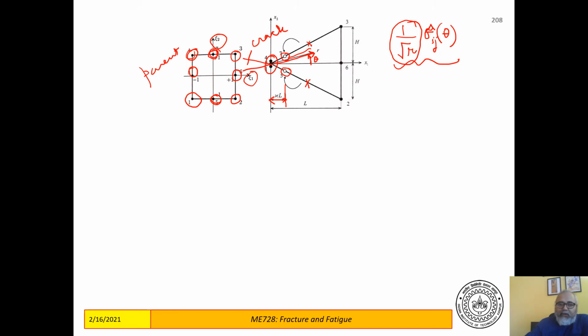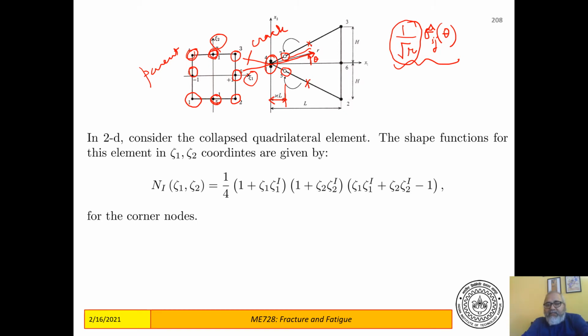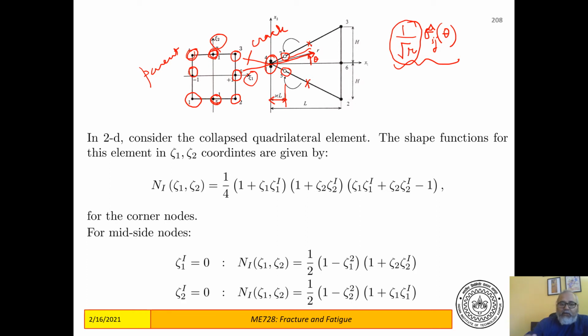So if you take this parent, these are the shape functions. Shape functions I've given in two sets, where for 1, 2, 3, and 4, which are the corner nodes, these are the shape functions, and for the mid-side nodes, these are the shape functions. For zeta 1 equal to 0, which is this line, for these nodes, that means for 5 and